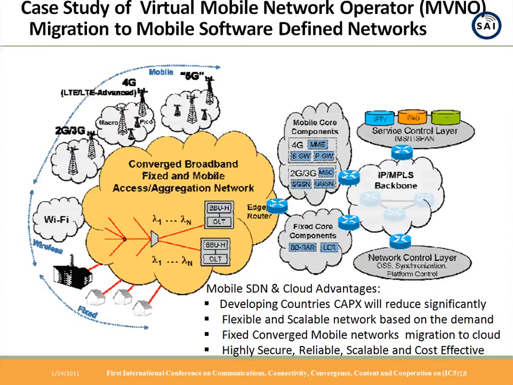So we would like to take the case study and apply it specifically where you have the legacy networks 2G, 3G, where you have the 4G networks and LTE advanced and 5G which are coming through. In this case specifically we are trying to provide the flexibility of applying cloud RAN and mobile virtual networks, and here they will provide very significant advantages for the developing countries to reduce significant capex investments, and also they are flexible, agile and scalable for different applications on demand, and they are also able to support the legacy backward